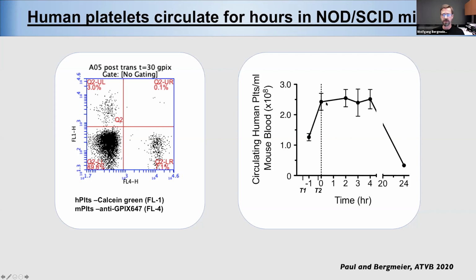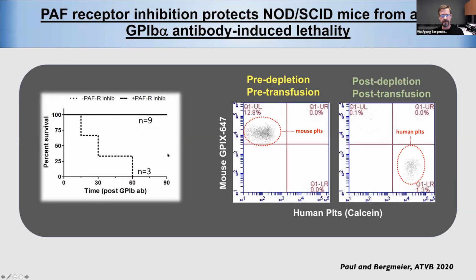And really the window we need for our hemostasis model is about 3-4 hours. That's all we needed, and for that we have a stable platelet count. We can detect, of course, both human and mouse platelets by differentially labeling. Now, the problem we ran into is that when we depleted the mice, these immunocompromised mice, of endogenous platelets, we